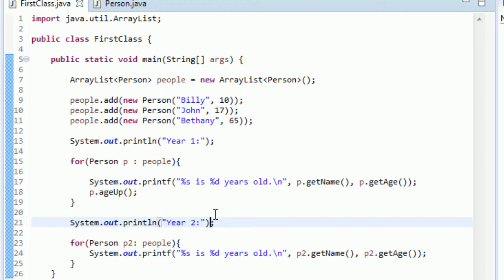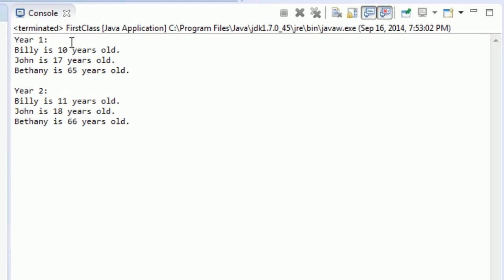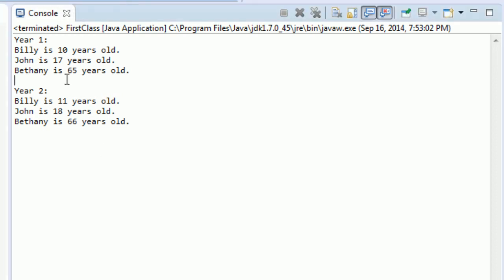So let's see. Actually, real quick, let me just format this even nicer. If we put a new line before year 2, we're going to get a little bit of extra spacing. It's going to look even prettier. Let me show you what I'm talking about. So if we run this, year 1, Billy is 10 years old, but John is 17 years old, and Bethany is 65 years old, just as we initialized them to. So that's perfect. And now you see, when I put this new line before the year 2, I got this nice little gap, and then it says year 2, and now Billy is 11, and John is 18, and Bethany is 66. So a year has gone by, time flies when you're having fun programming,